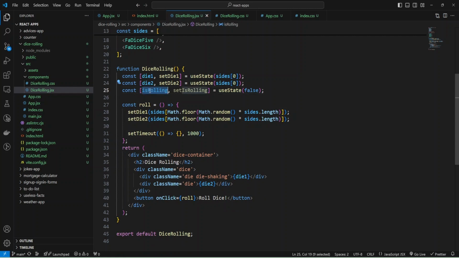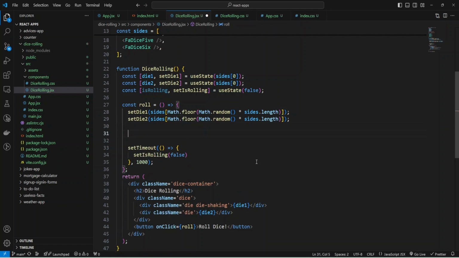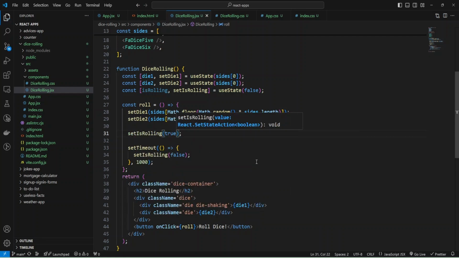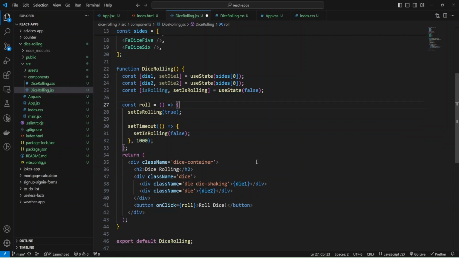Okay, and after 1 second I'm going to set is rolling to false, but initially I'm going to set it to true. Set is rolling to true, and also we can change our dice after this.